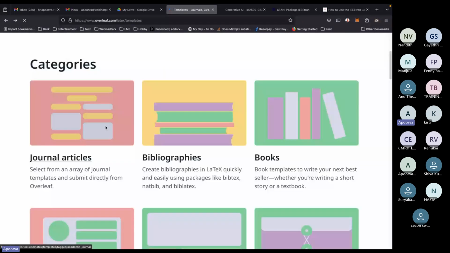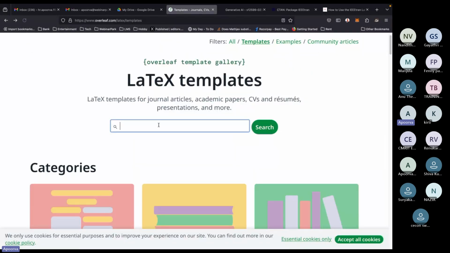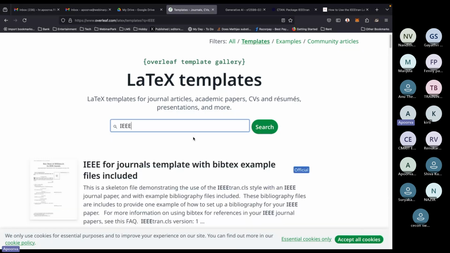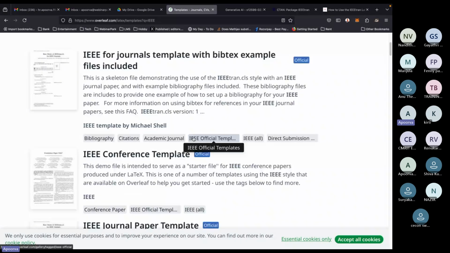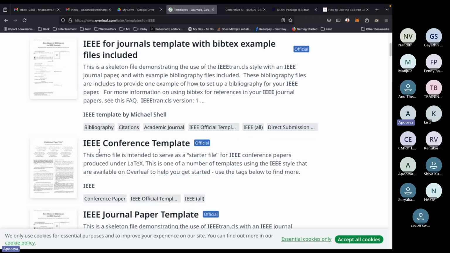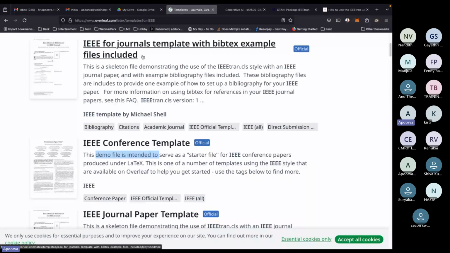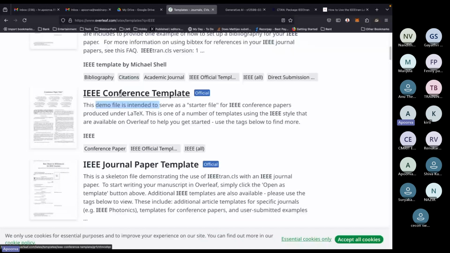Alternatively, say we are writing to IEEE, and we can just search for that, right? So all these are officially released by IEEE themselves. You can see this demo file has the starter, this has the skeleton. So we can just start with this particular